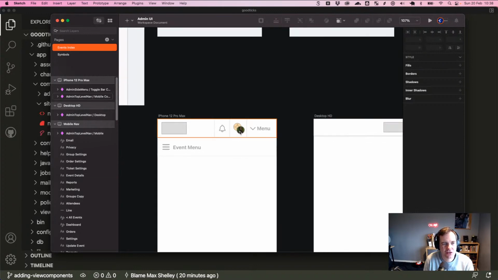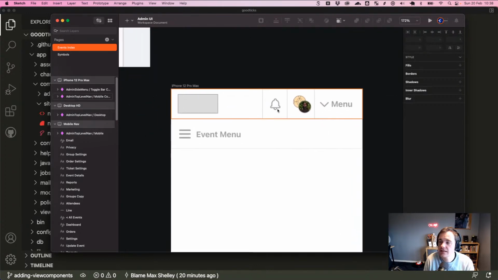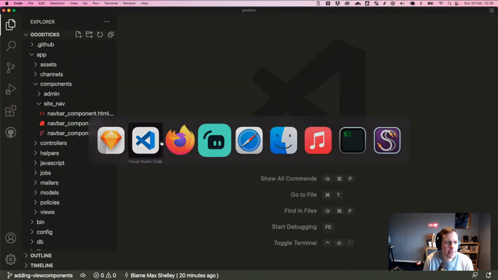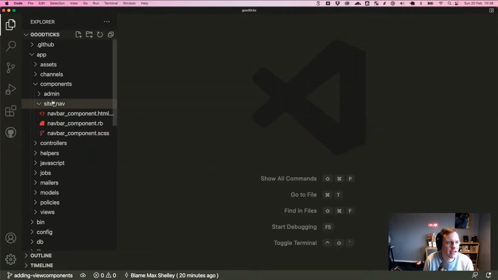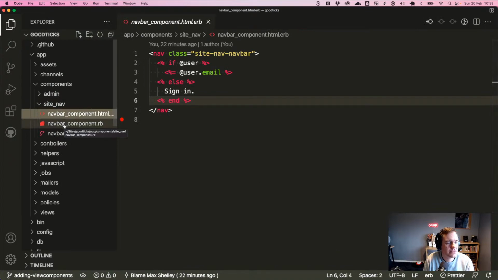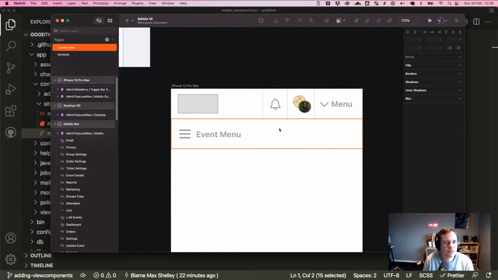Again, it doesn't look great. It's pretty rough around the edges, but we're not fussed about actually doing any design stuff yet. This is just, let's make it work. And so we basically have the basic building blocks of that here. So this is our site navbar,